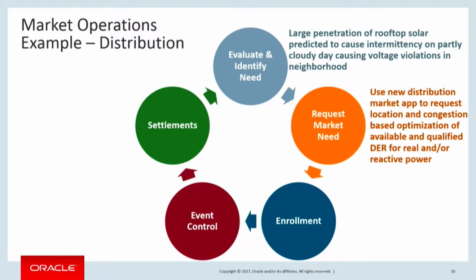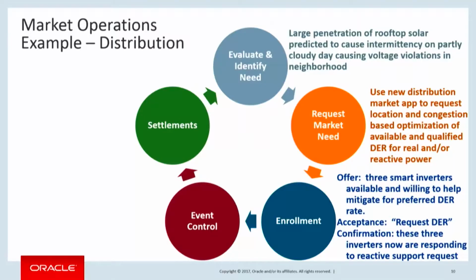And so now the utility can go and request a need to say we have forecasted a need. And by the way, this could be a planning process as well as an operational process. Certainly it has to start with a planning process to identify where the needs are going to be. That means we need good forecasting tools, for things like adoption rates of rooftop solar and adoption rates of electric vehicles, that can cause this kind of disruption. And then we can target